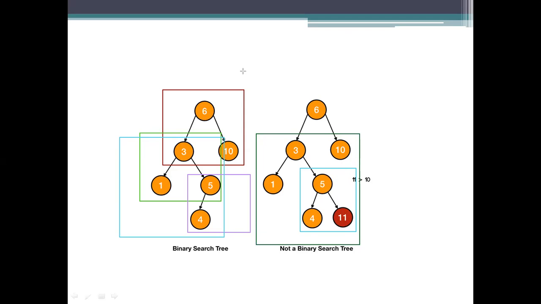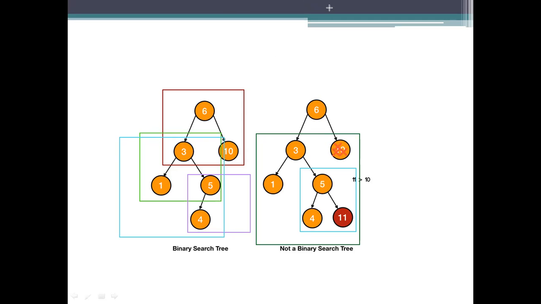Please exclude this 10. 10 is not there. Exclude this value. So the values we are having are 3, 1, 5, 4, 11. So 3 has the left child which is 1 only, and it is considered as a less than value. Yes, it is a less than value. And coming to the next one, the right side elements are 4, 5 and 11. So it has been satisfied. And then next we go for the complete representation.